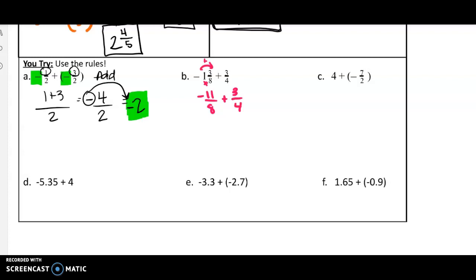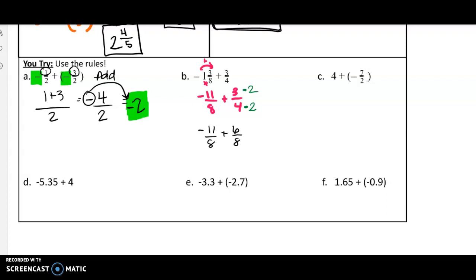Now I need to make a common denominator. I can turn a 4 into an 8 by multiplying by 2. So times 2. And that means I'm going to multiply by 2 on top. So now I have negative 11 over 8 plus 6 over 8,